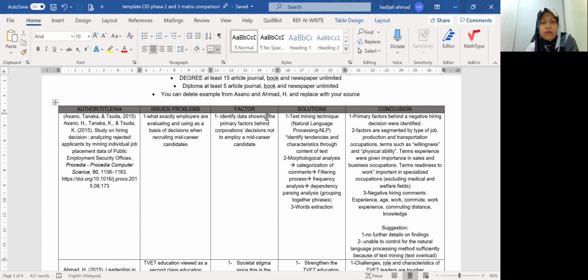I will give you a direct hands-on on how to search the article journal, and then you can fill in the information from the template. All right, I give you an example here.